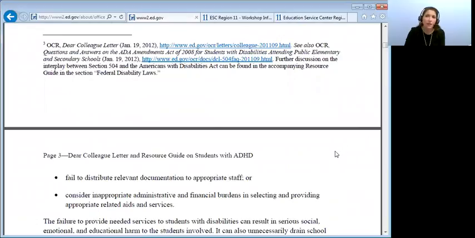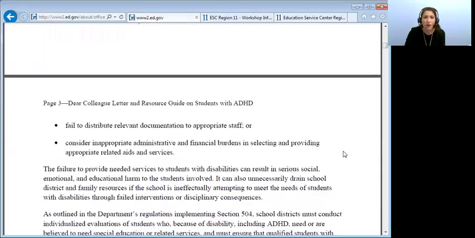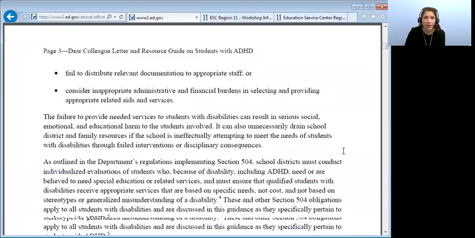Also, this one was an issue that came up. There was a failure to distribute relevant documentation to appropriate staff. And then lastly, the issue was sometimes there were inappropriate administrative and financial burdens in selecting and providing appropriate related aids and services. So these are a lot of issues that are brought up by the Office of Civil Rights